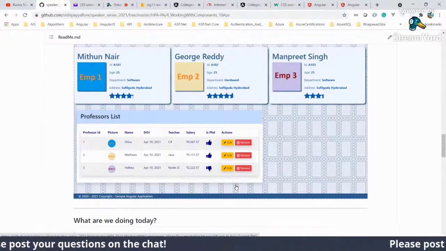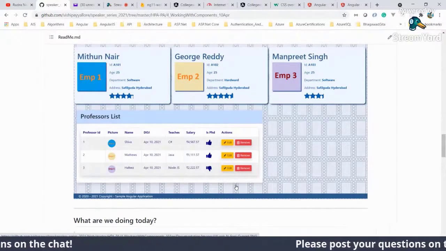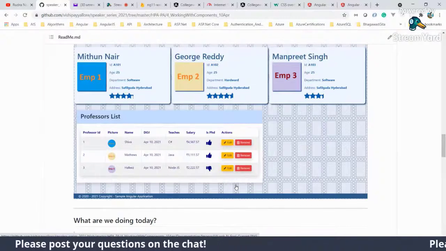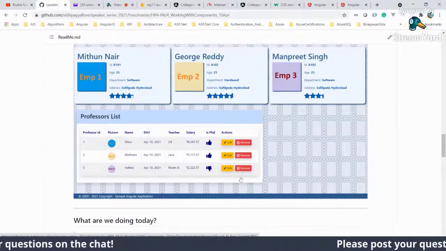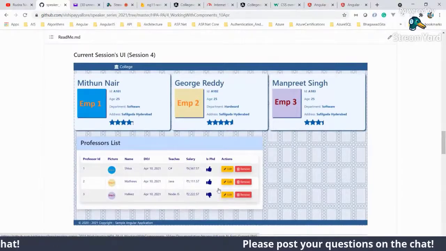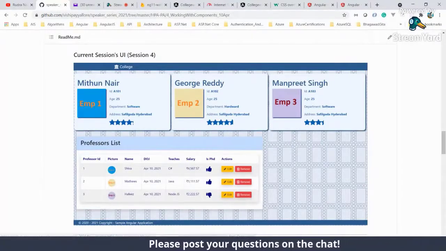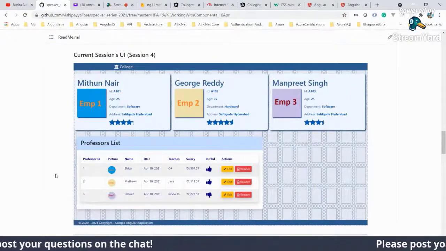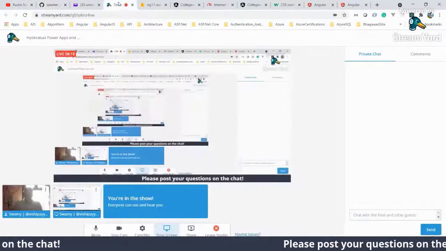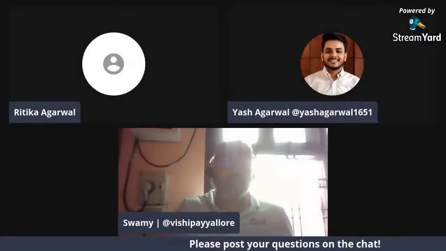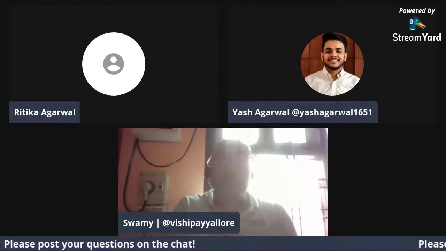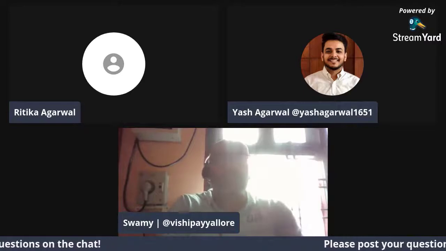Eventually we're going to have filtering, sorting, lots of paging and other concepts, starting 2 or 3 sessions down the lane, but this is the first step towards that. With the same object, you can do 2 kinds of representation. You can have a card representation or you can have a table representation. Okay, so I think I took 2 minutes more. I will add more of the concepts and demos in our next month session. Back to you, Ritika.